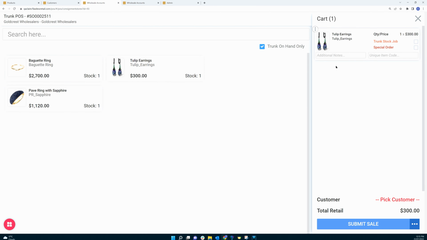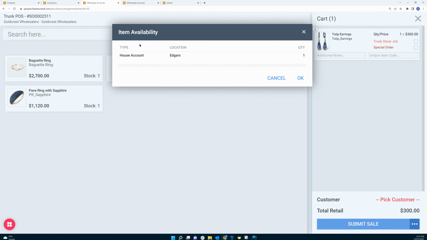Let's take a closer look at the cart. Over here we have a menu which allows us to update the quantity, update the price, view the retail information sheet, or even remove the product from the cart. We can also view the product availability. What I want to point out here is that this will list all house and trunk accounts where the item is available on hand. However, this screen is permissions driven. That implies that only the accounts for which you have been granted permission to view the on-hand inventory will be